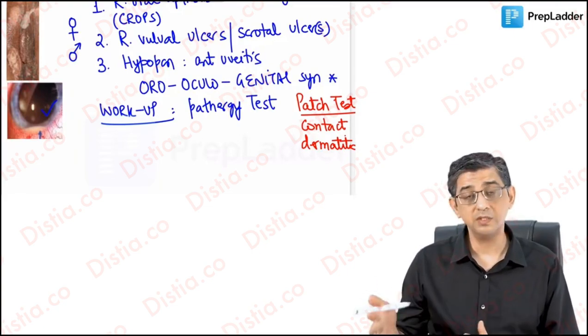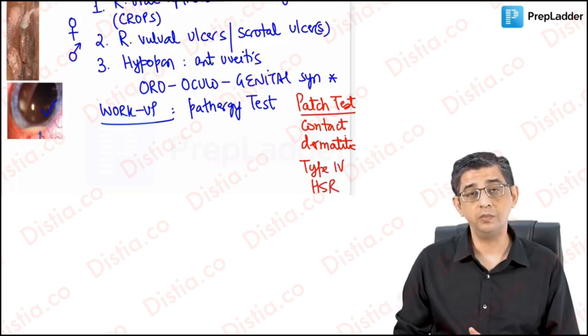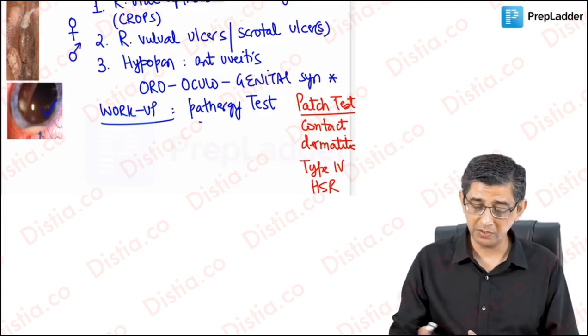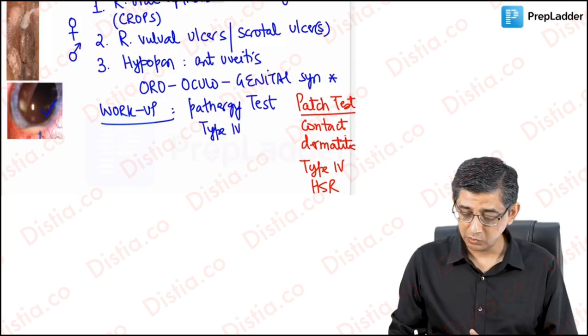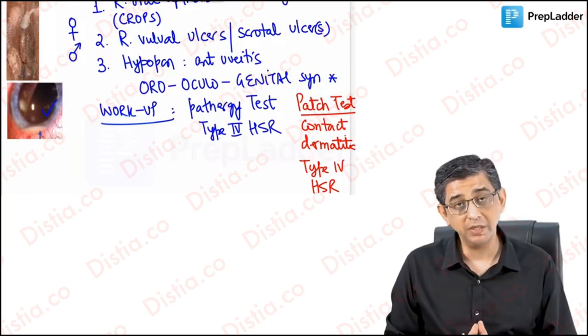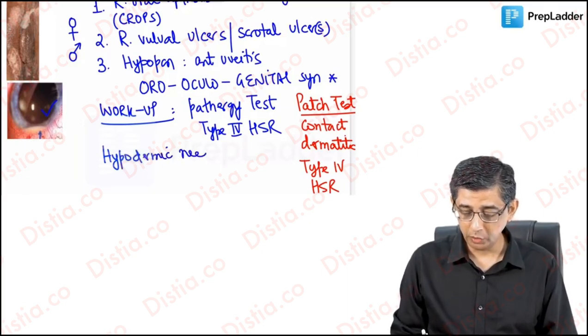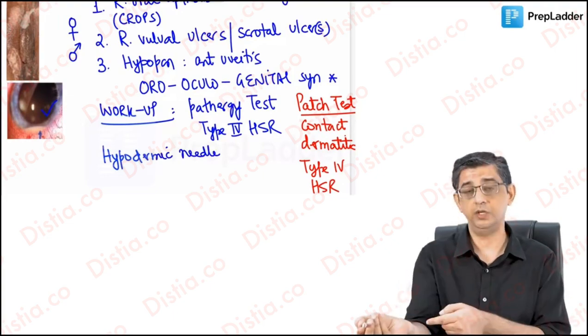So patch test is a type 4 hypersensitivity reaction, and it is useful to identify contact dermatitis, whereas Pathergy phenomenon is again a type 4 hypersensitivity reaction, but this is useful to identify the current topic, oro-oculogenital syndrome. Well, what is the Pathergy test? You would be using a standard 23 gauge hypodermic needle, and you would then be pricking the patient on his